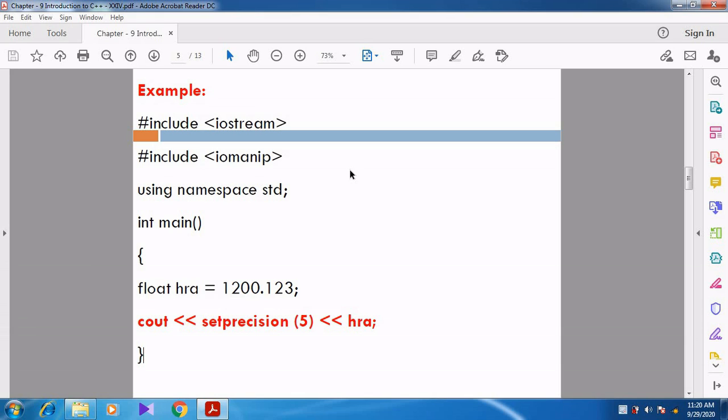After that, you see we have declared one variable, float HRA. So HRA is a floating point variable. We have assigned a value. What is the value assigned for the HRA? The value is 1200.123.